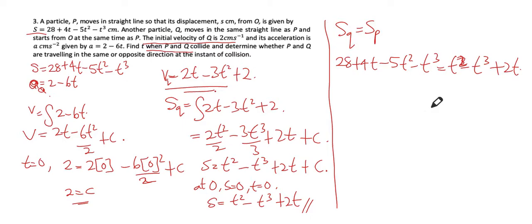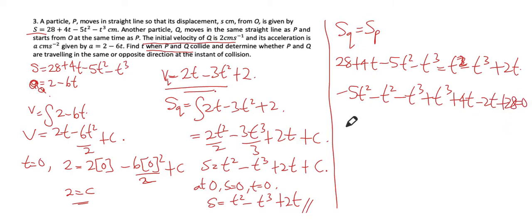Okay, so let's solve this. So what I have: negative 5t squared minus t squared, minus t cubed plus t cubed, and then plus 4t minus 2t, plus 28 equals 0. So it should be negative 6t squared. So that's gone. Minus, plus and minus, so that's 2t plus 28